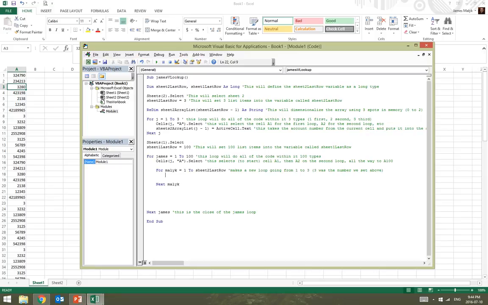Now, next piece here, what we have to do is we have to do a comparison. So what we're going to do is look at anything that's within that array we set above, the sheet 2 array list, and we compare it to this value. So we will do if. The if is a statement that says if something happens, then do something. So what we'll see here is if sheet 2 array list Malik minus 1 equals active cell dot text, then